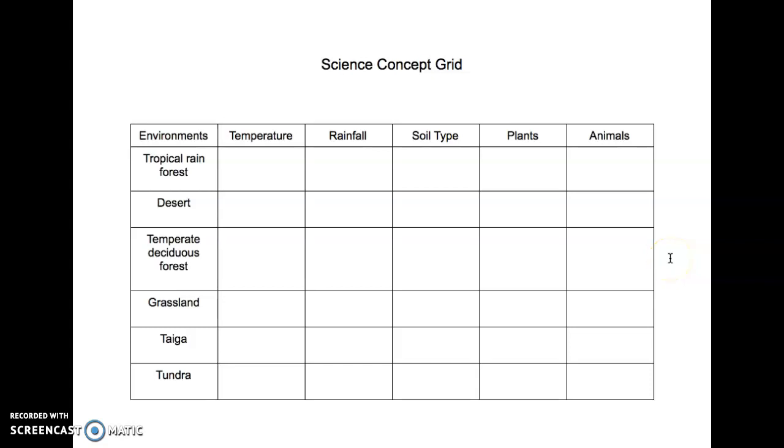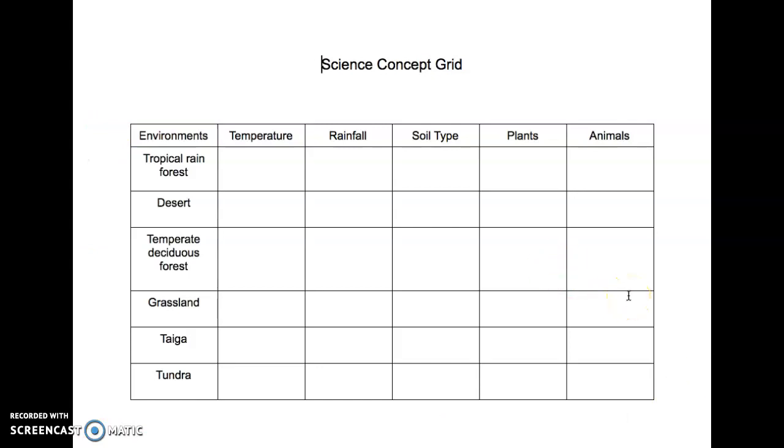Okay guys, today for science, we're going to use our text from FOSS Web, our environments text, and we're going to do what is called a science concept grid. Today we're only going to do the tropical rainforest and the desert environments because that's all we've read about in our text. What I need you to do right now is pause the video and copy this entire grid down